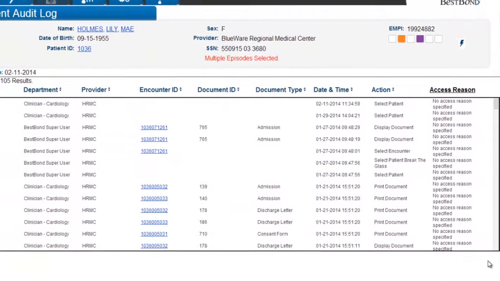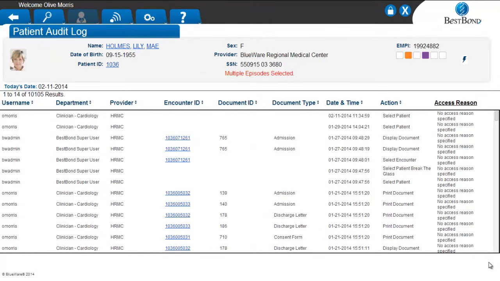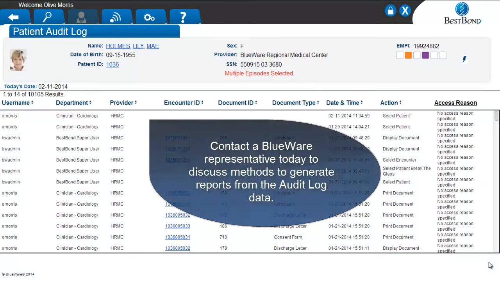That concludes the audit log tutorial. Should you want to generate a specific report from the information captured in the BestBond audit log, it is possible to do so. However, it is not covered in this video tutorial. Please contact your local BlueWare representative for more information. So let's move on to the